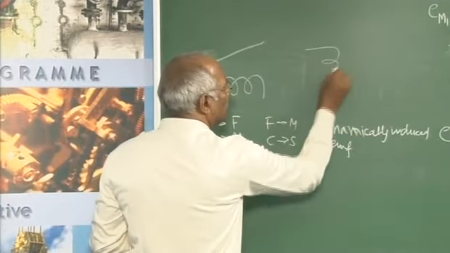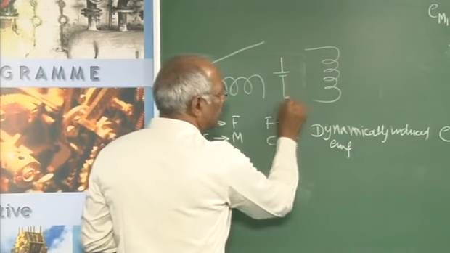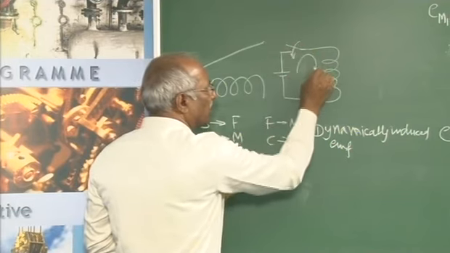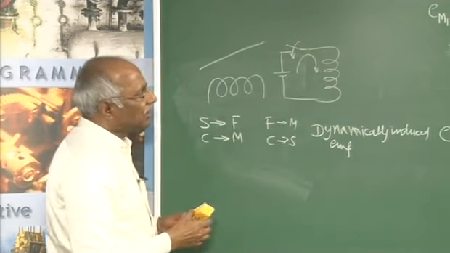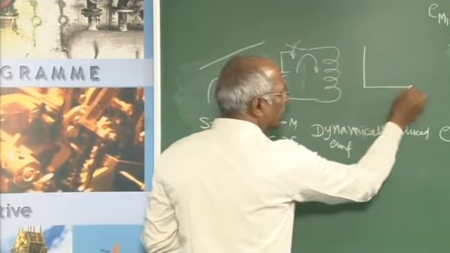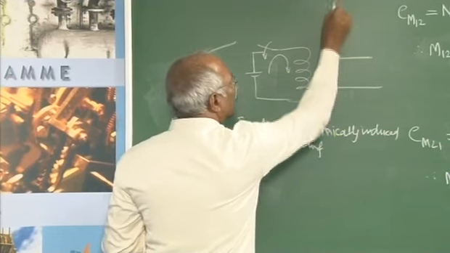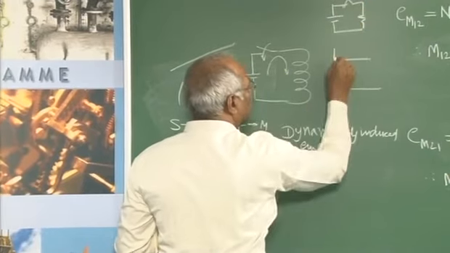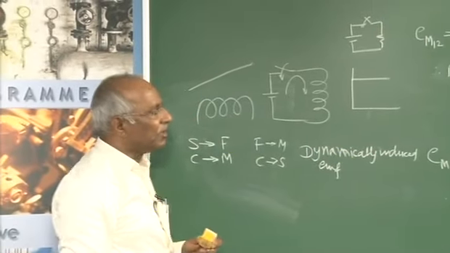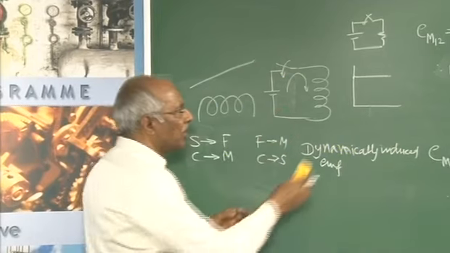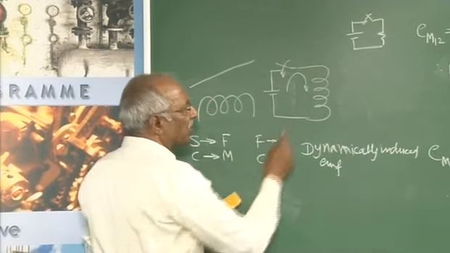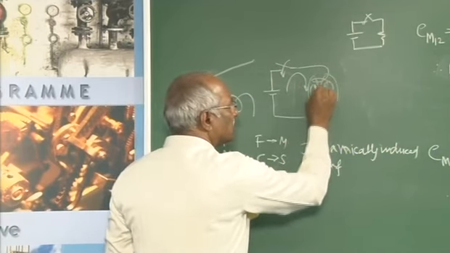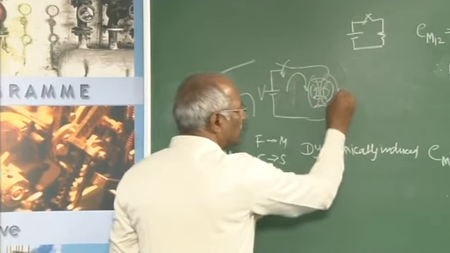Think of a coil and connect it to a DC source. Think of a switch here. When the switch is closed, the current starts flowing. The current will not instantaneously reach its maximum value as in the case of resistance. In case of a resistance, if the switch is closed, the current instantaneously reaches its maximum value. But that's not the case in an inductive circuit. It gradually increases. So, as the current is increasing, the flux linking with the coil also changes. Therefore, there must be an induced EMF. If this is the applied voltage, there must be an induced EMF.